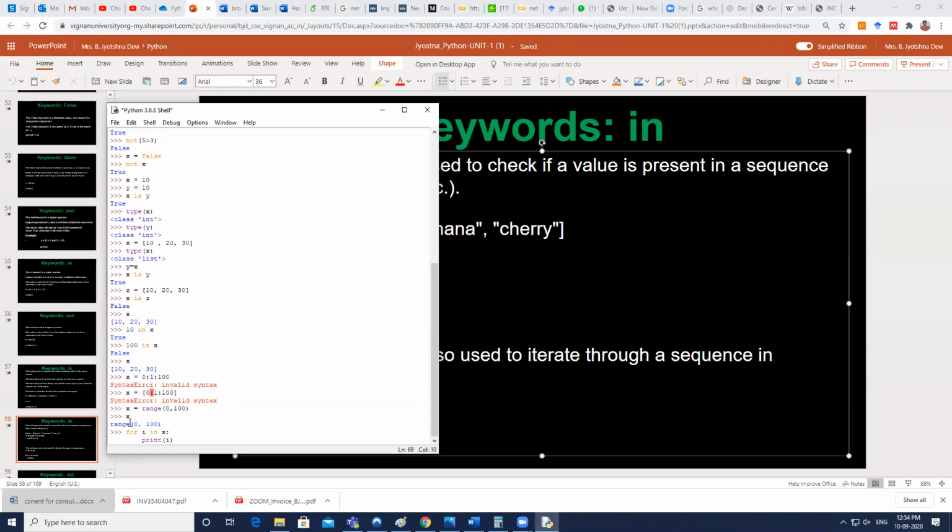Now I want to see the values that are available in this list X, but that is not possible to visualize. So you have to use the keyword in with the loop data structure. How do you write your loop structure in C language?